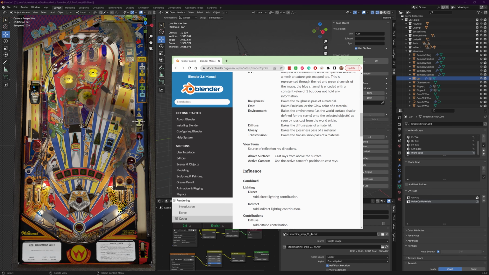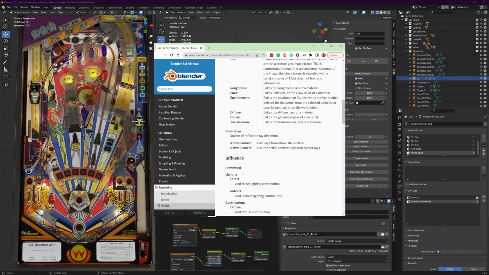So before we get into the different steps that Toolkit goes through to process a batch, we need to talk about texture baking and define some terms. We need to define the two different ways that Toolkit and Blender render textures. If we look at the Blender documentation, there are two ways that baking is described. We have this view from, and these terms are